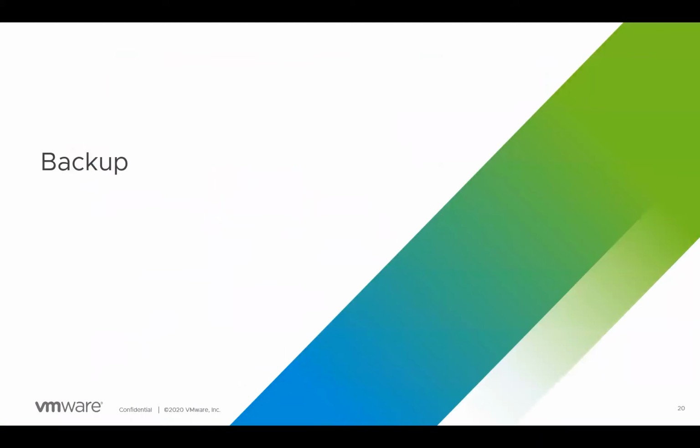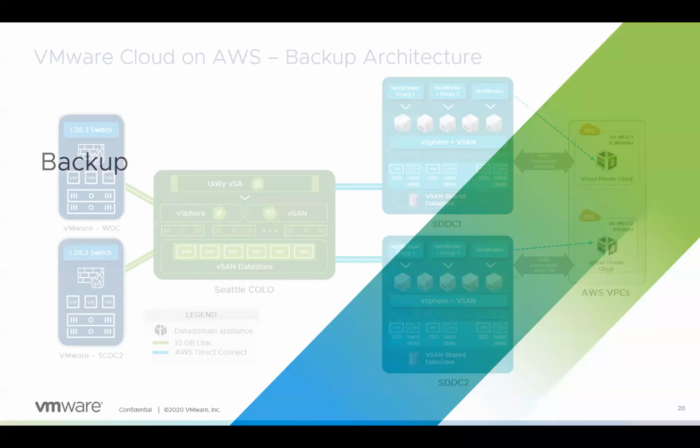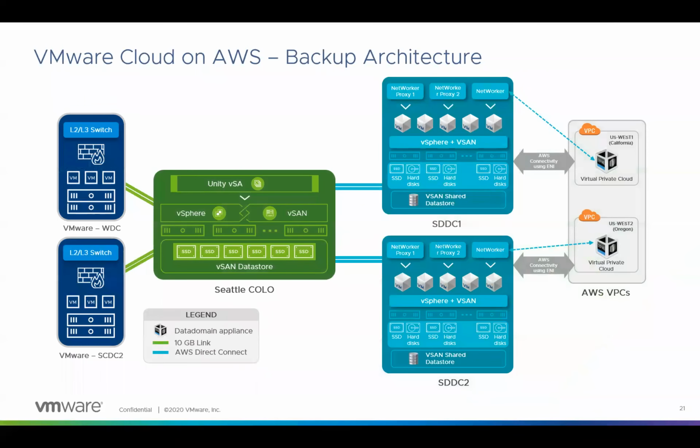Now that we talked about the core services and network connectivity, let's talk about the backups. As we discussed earlier, our requirement was to ensure that we back up our data so that we can recover ourselves in the event of a disaster. If we had kept the backup inside the SCDC, the backup would not be useful if the entire SCDC goes down. Hence, at the time of the SCDC deployment, we established the connectivity with VMware Cloud, with AWS native,